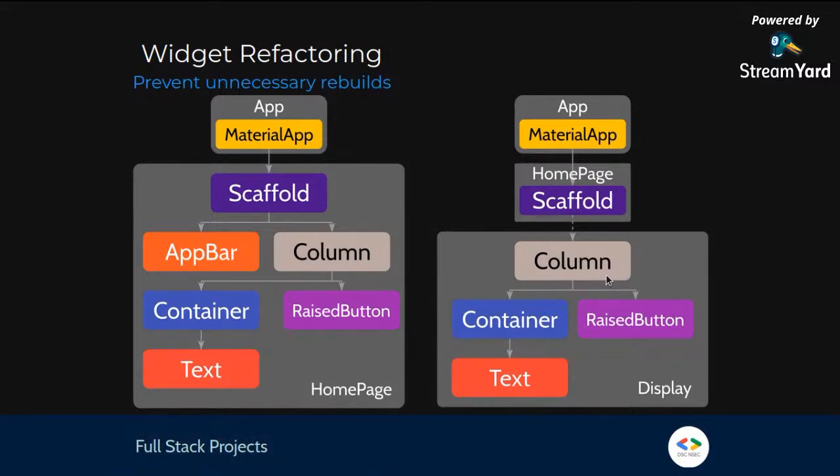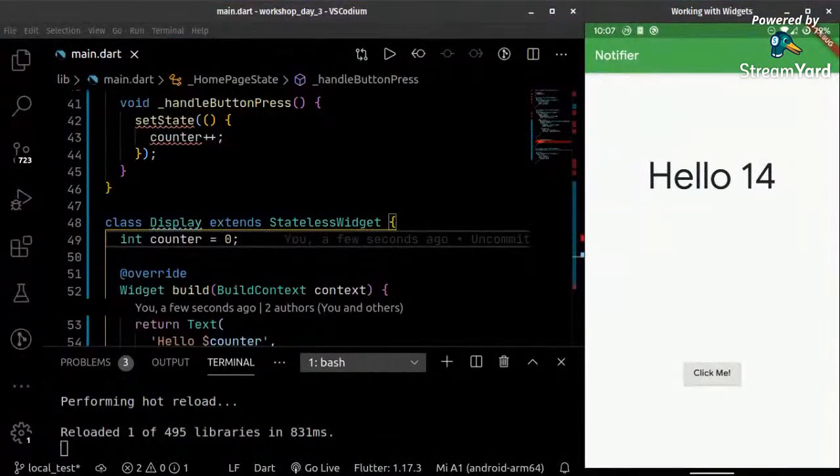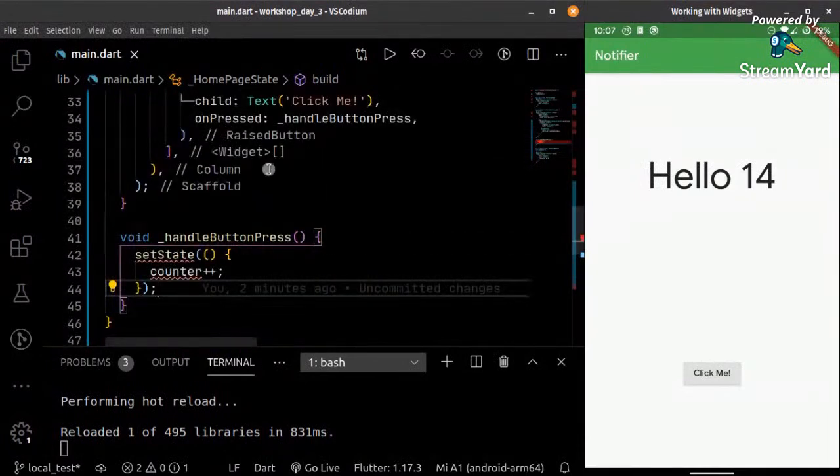That gives rise to another way we can solve this kind of problem, which we call state management, but that is for some future session. So let us go with this because our app is very small and we don't need to worry about excessive labels that much. So let me just